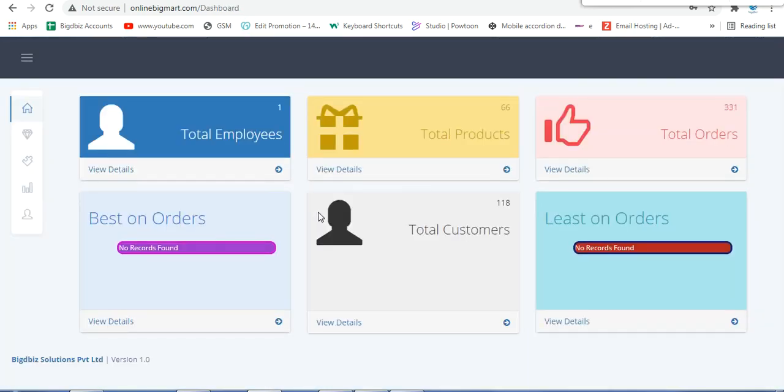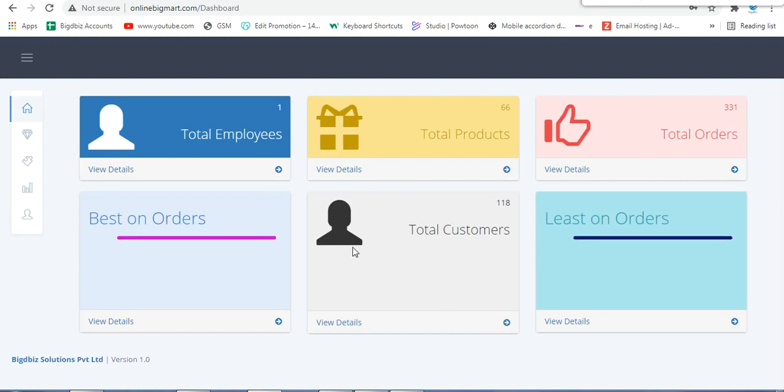Each admin has their own login, and based on that they can change the product details and make the feature changes accordingly. Once the administrator logs in, he can see details like total product details: how many products I have added, total orders I have received, which is the best order, which is the least order, and the total number of customers I have gained through this app. Everything I can see through this dashboard.